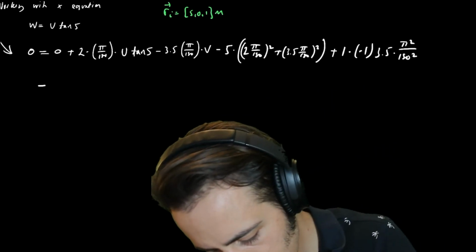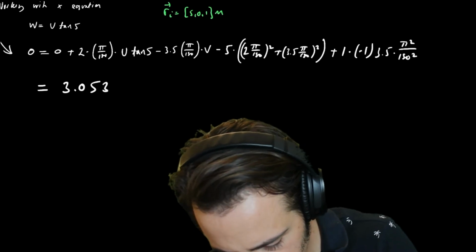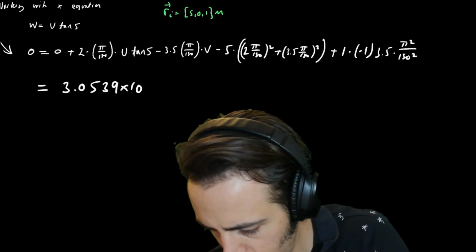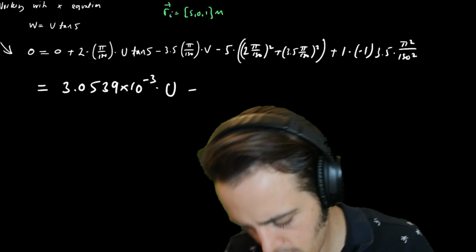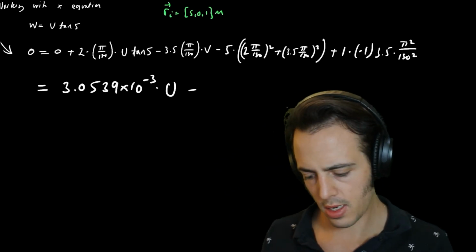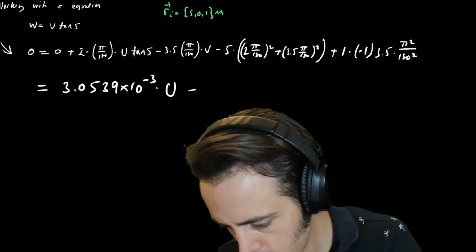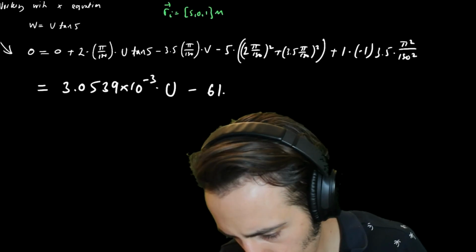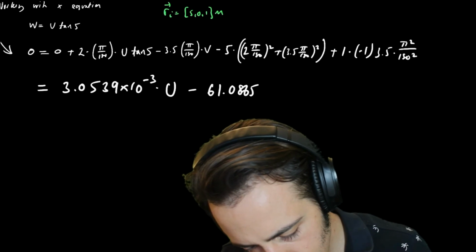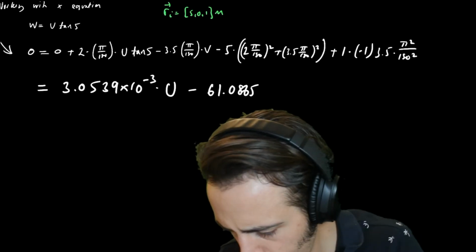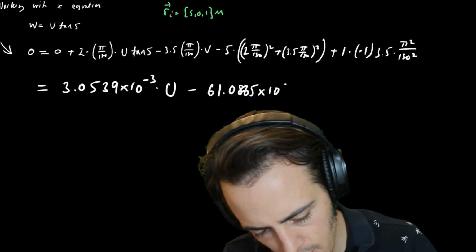Okay, so this gives me 3.0539 times 10 to the minus 3 u. 3.5 times pi divided by 180 gives me 61.0865 times 10 to the minus 3 v